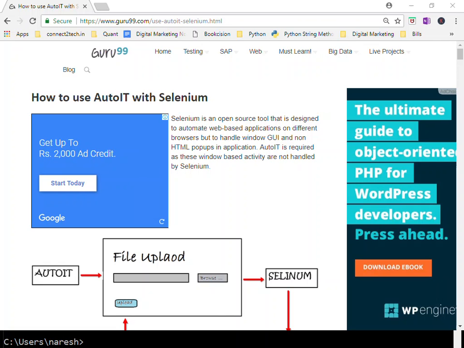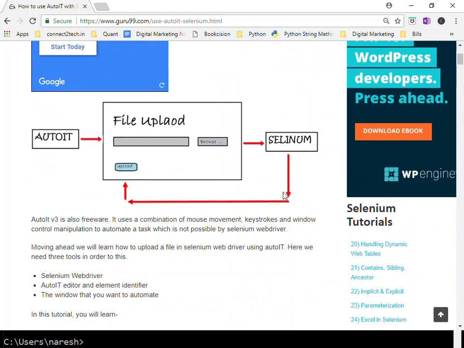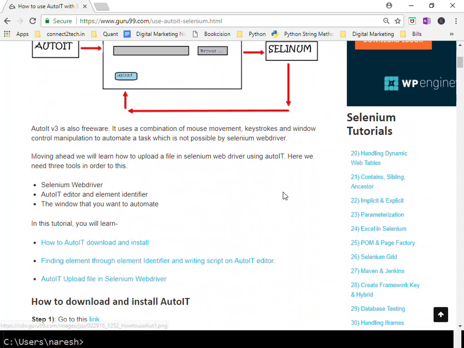Okay, so we are going to look at AutoIT. What is the purpose of AutoIT? We know Selenium can be used for automating web components, right? But you arrive at a situation where you might have to